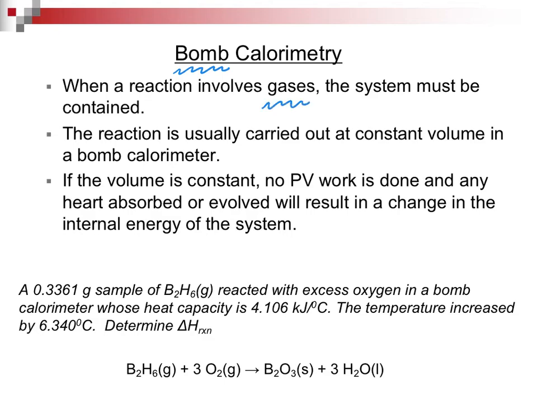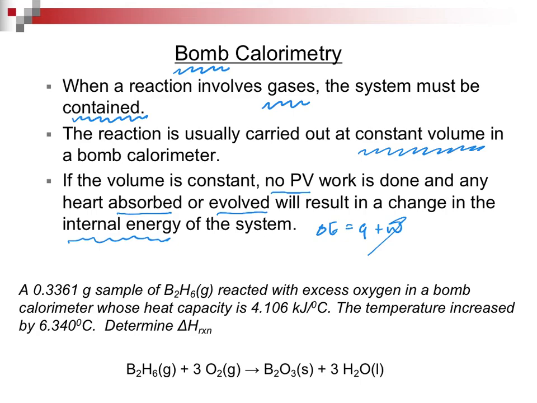So if you're going to have gases, what you really need to do is have everything contained so that you are at a constant volume. You do not let the volume change so this delta H relationship can hold. No PV work is done. Any heat that's absorbed or evolved is going to be changing the internal energy of the system, that delta E, which was Q plus W. Remember back, delta E was equal to Q plus W. We don't have any W, so all we have is Q. And I used 2 slides for this one also.